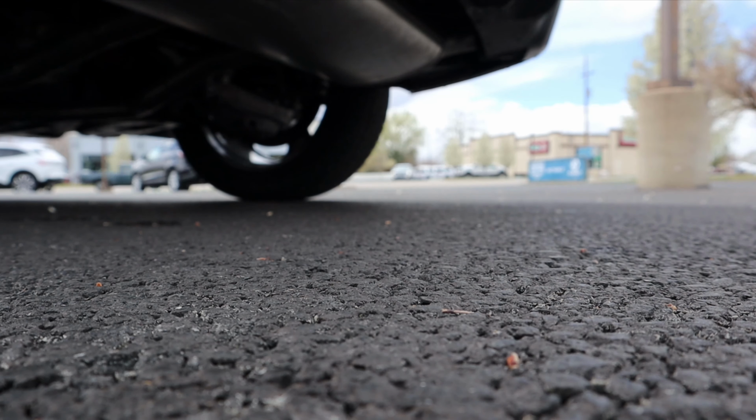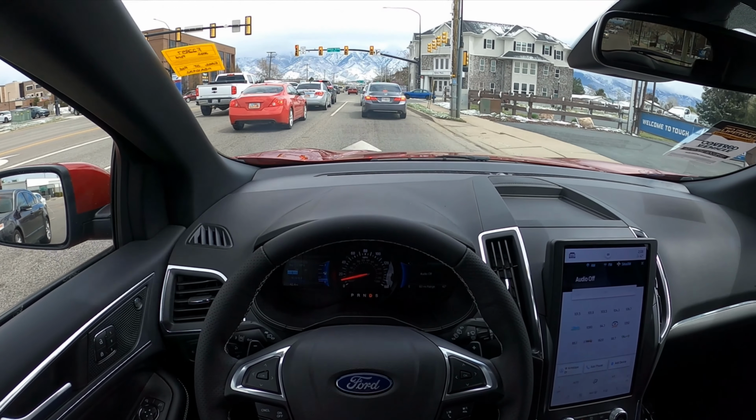Well, let's talk about visibility before we set off. Visibility over the hood, both mirrors, which do have blind spot monitoring, the rest of the rear, and let's set off. So we are setting off here in the Edge ST,